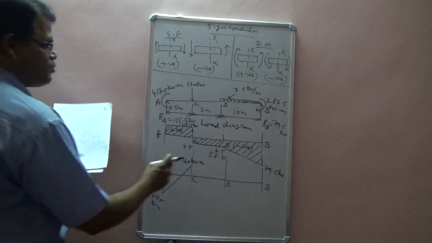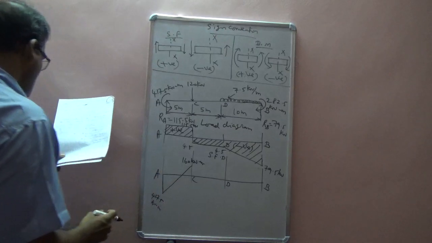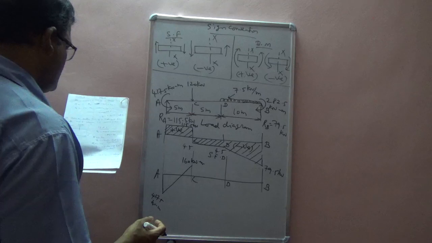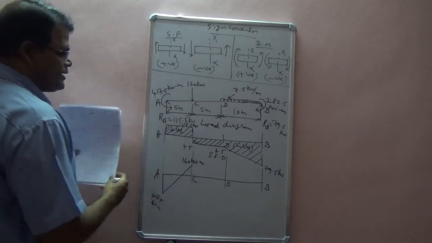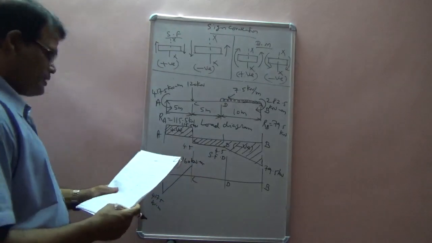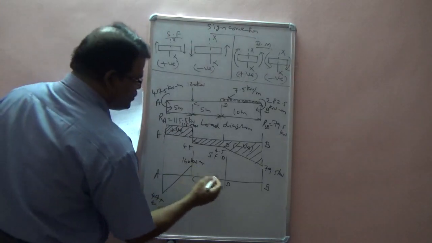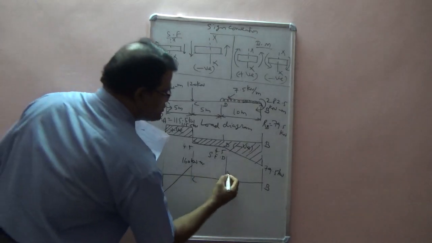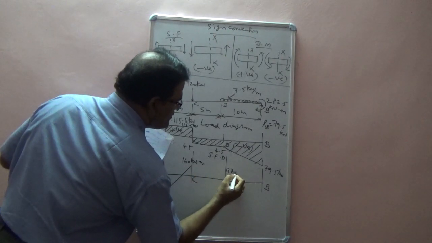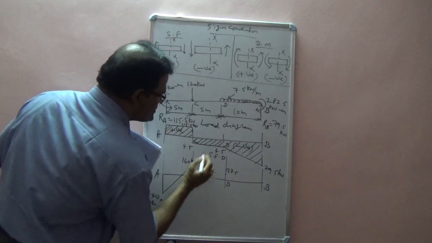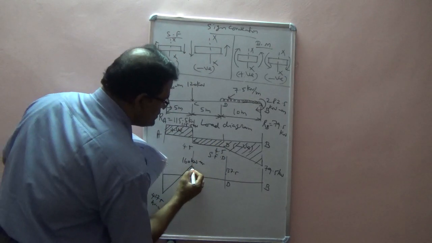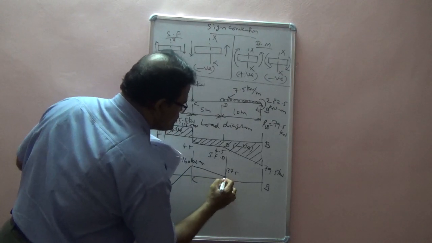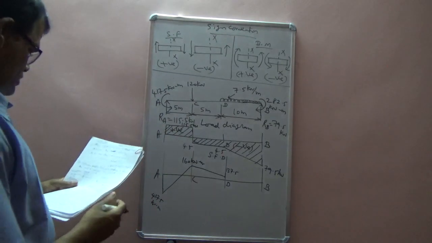Right. Now after that, what is the right side of C? Right side of C is again 160. So therefore you need not change anything. Whereas left side of D is plus 137.5 kilonewton meter. So what is the equation again? It is going to be a straight line. So let us assume that this value is 137.5. So here it is 137.5. So I am joining. It is straight line equation. So I am joining these two lines. Assuming that this value is 137. Okay. So this is the second.